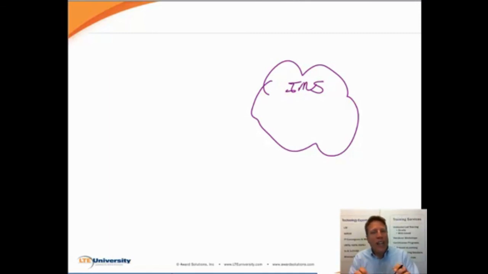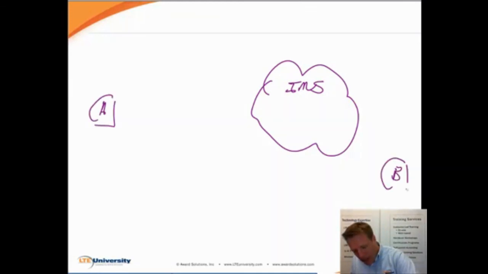So IMS is really good at saying, okay, party A, what is it that you want to do? And party B, what is it that you're able to do? And so A, for instance, could invite B to a video call, and then the IMS system could check with B and say, okay, you're being invited to a video call. Here are the parameters of the call. What do you think? Okay.